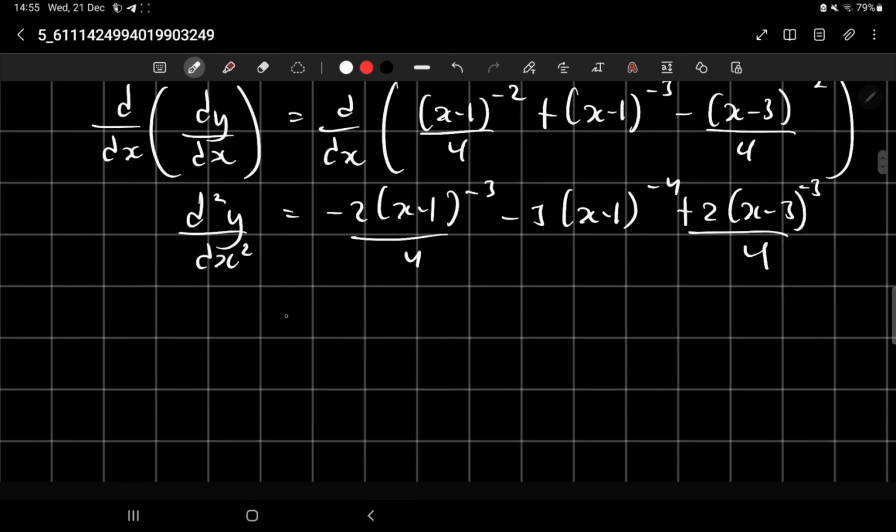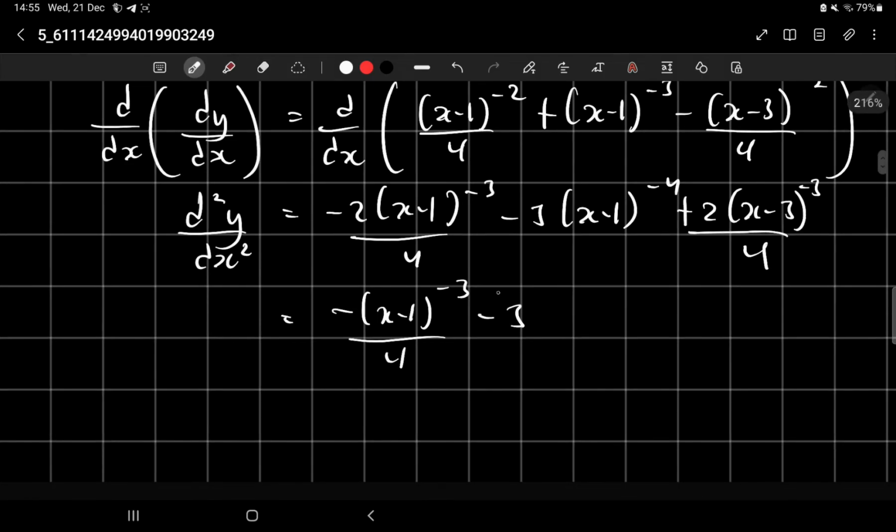Now, if you want to simplify it, yes you can. My best advice is, if you can simplify it, then simplify it, no worries. And then minus 3 to the power of negative 4 plus (x minus 3) to the power of negative 3